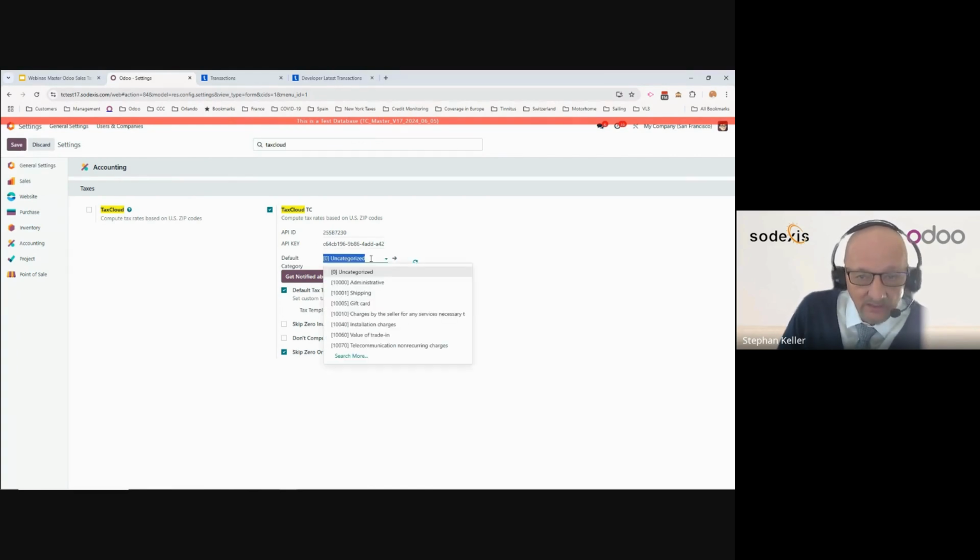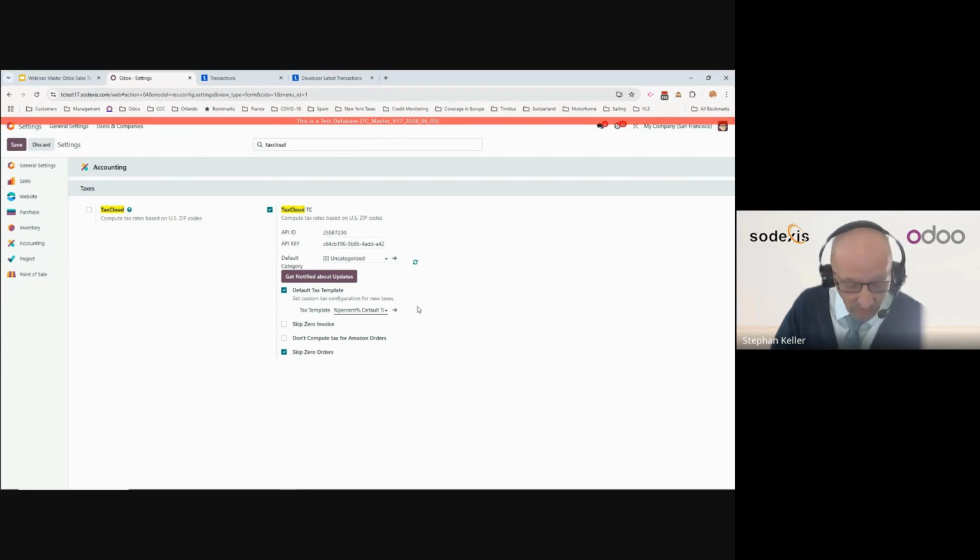Those are the TaxCloud categories. Based on your choice on the product for this category, TaxCloud will calculate the appropriate taxes. So if in general all of your products have the same default category, you can already define it here. Of course, I'll show you that you can also define them on the product category and the product